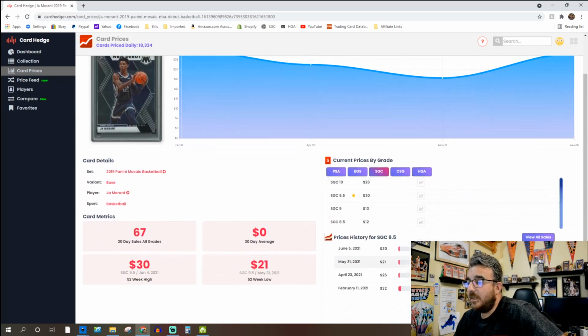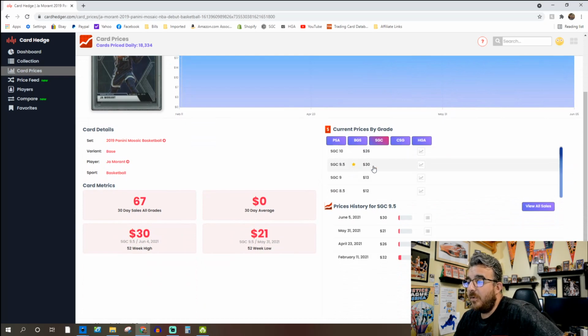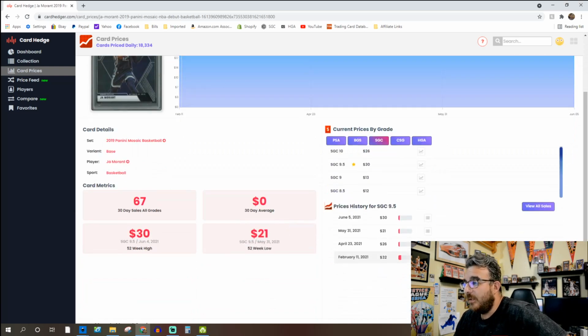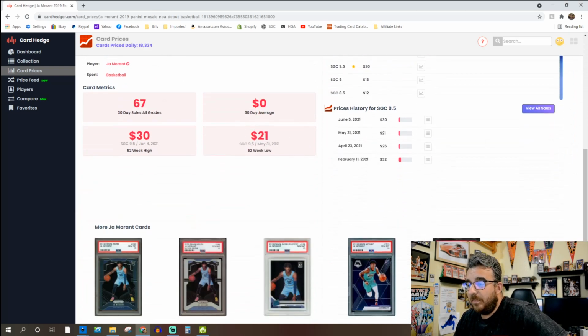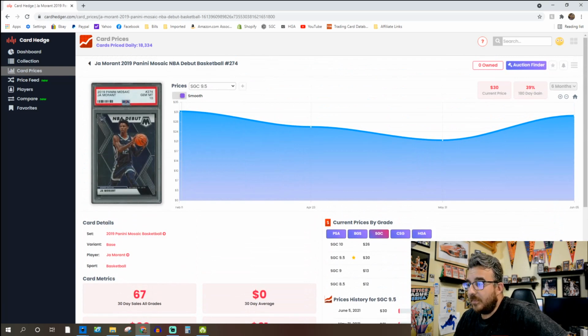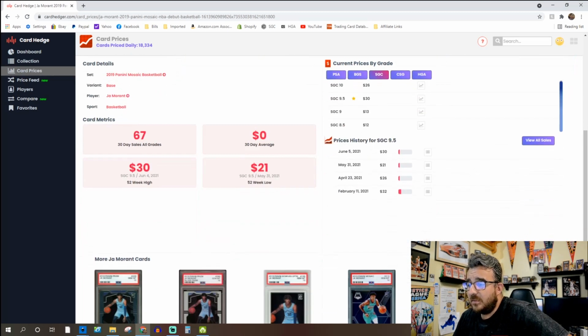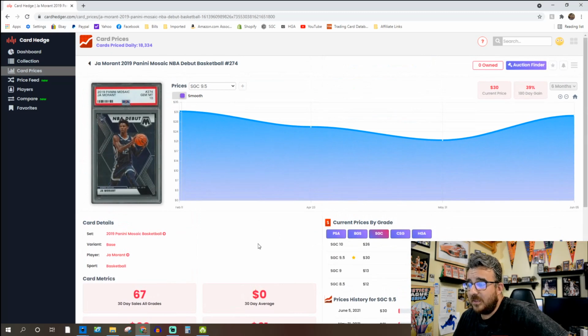Yeah. So like I said, this is by no means an investment play at all. But you know, right now, PSA is $200 a card, $300 a card. So that's going to be really interesting. That one was crazy from a PSA 7 at $15 to an SGC 9.5 at $30. You know, there's not a lot of price difference there. So you know, if you got a 7,